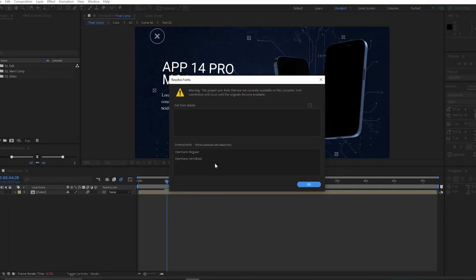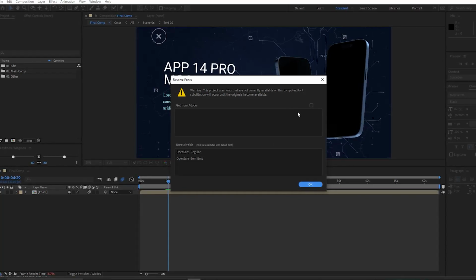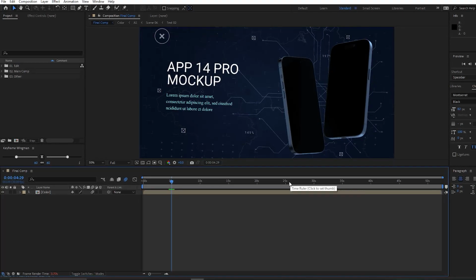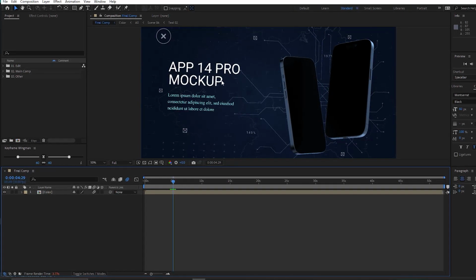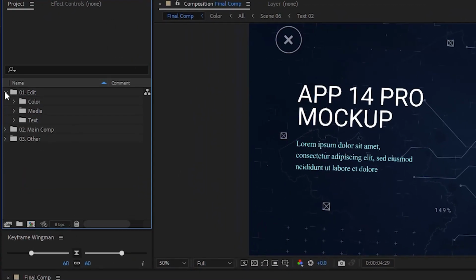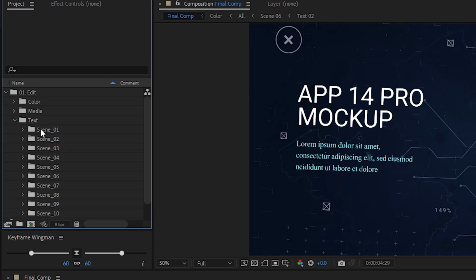Once you have downloaded and installed it, you can restart this particular project. You can reopen it and you will be able to see the changed font here. Let me show you by changing this font. Suppose that this is the font that I want to change. I'll just go here and go to the text, scene 1,